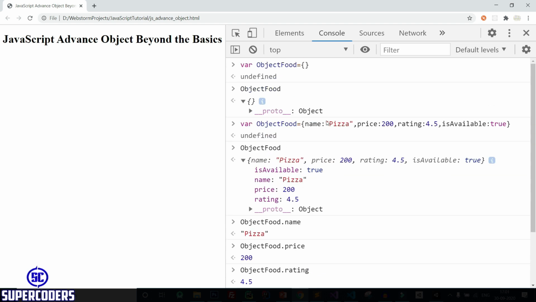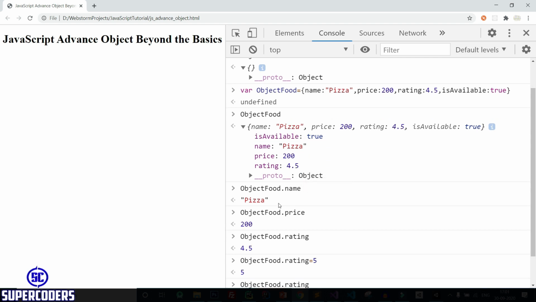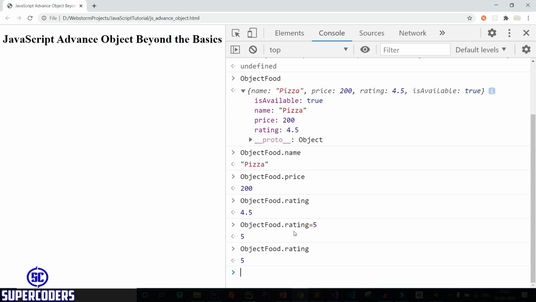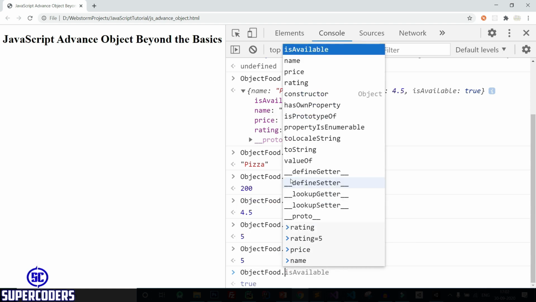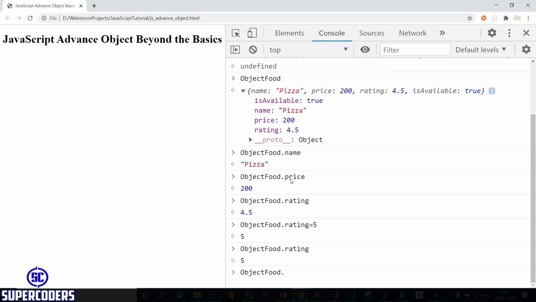So in this way you can create an object, you can read all the values of the object, you can access a single value of the object, and you can update the value of the object. Also, let's add another key which does not exist in this data, like object dot rating. Then let's add a key like made within equal to 10 minutes.